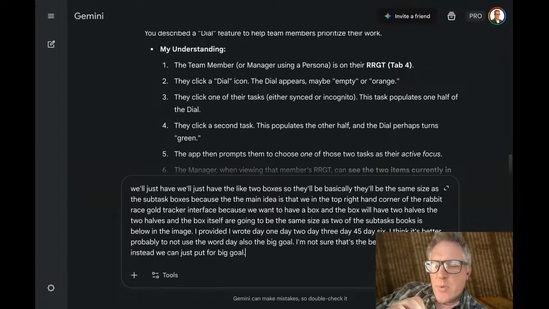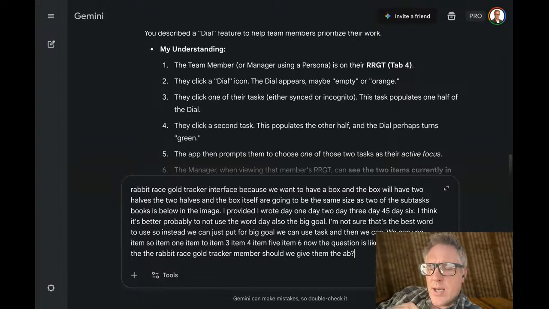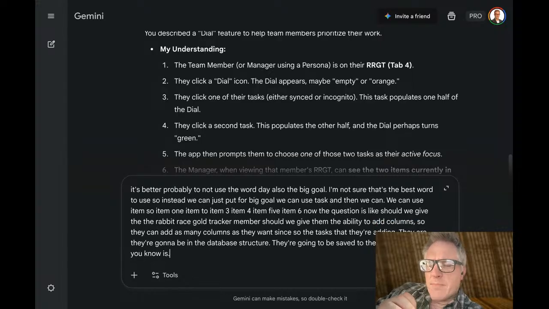Now the question is, should we give the Rabbit Race Goal Tracker member the ability to add columns? So they can add as many columns as they want. The tasks that they're adding are going to be in the database structure; they are going to be saved to the task. The task, as you know, is saved to a specific task management scoreboard, and the scoreboard is part of an objective. An objective is part of a project. So we open the project, and then we have an objective, and then we add a task to the scoreboard, and then that